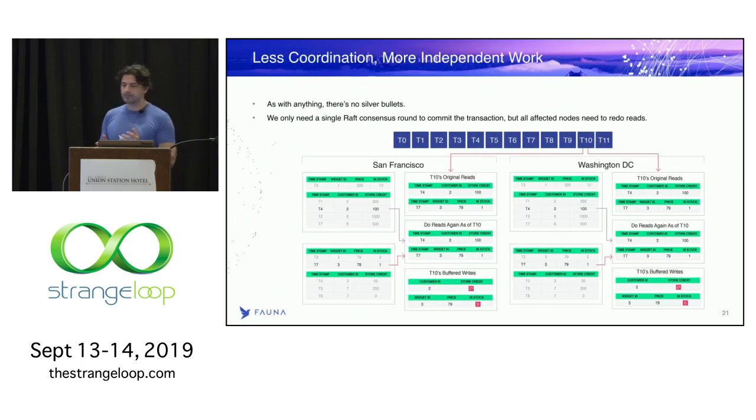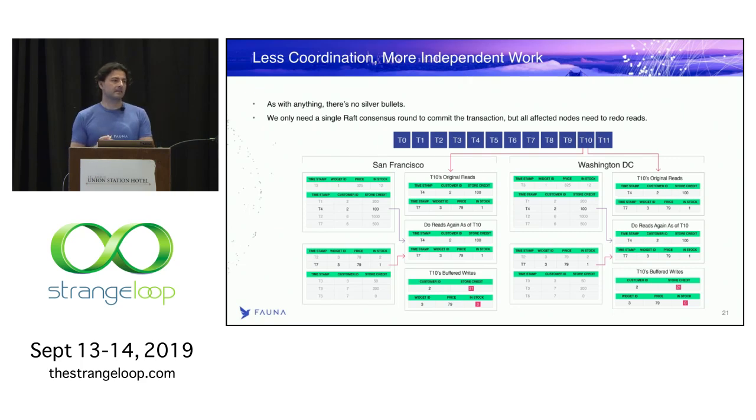Of course, there's no silver bullets and there's no free lunch. There is obviously an additional element here, additional computation really, which is that when the nodes in a particular replica are applying a transaction, they need to redo all the reads. And some of those reads will be remote. And if the transaction's write effects actually affect several nodes, then all of them will need to ask for the reads from each other. So there is definitely a bit of an additional quadratic component to the thing that we typically try to mitigate by